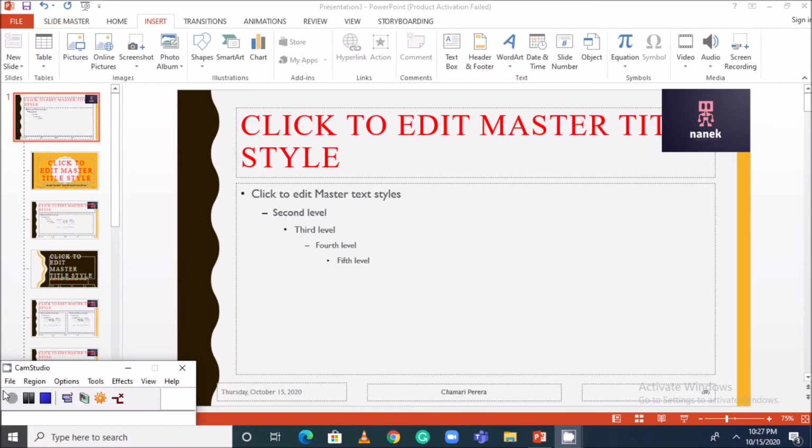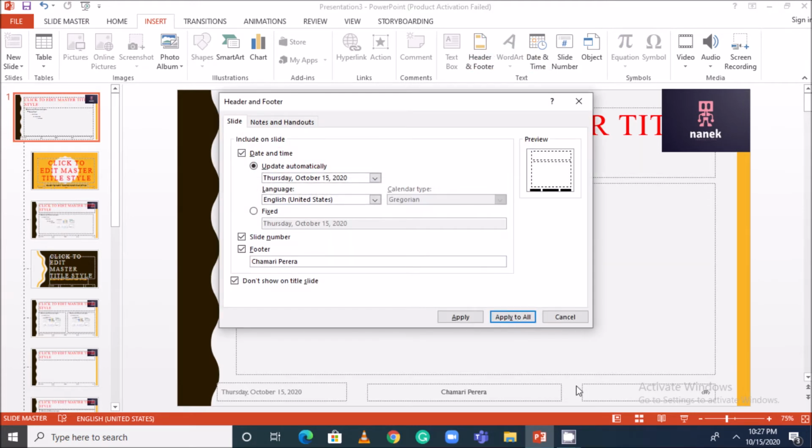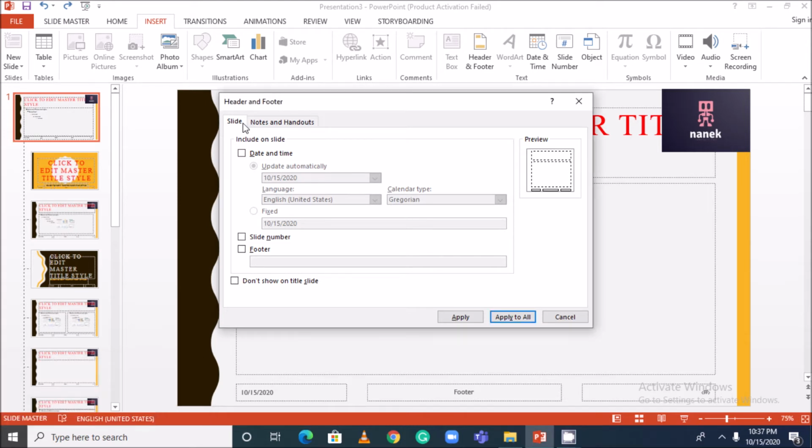Dear children, now we are going to move to the next part, that is date and time, footer and slide number. Now this area of your slide we know as the footer area of your slide. So here certain information you can display, your name, date and slide numbers. So to do these things you have to click on insert and header and footer. In this header and footer window, you can click on the slide tab. Then in the slide tab you have several options: date and time, slide number and footer.